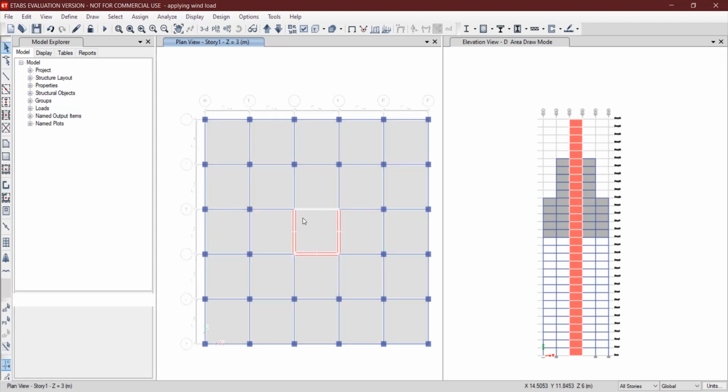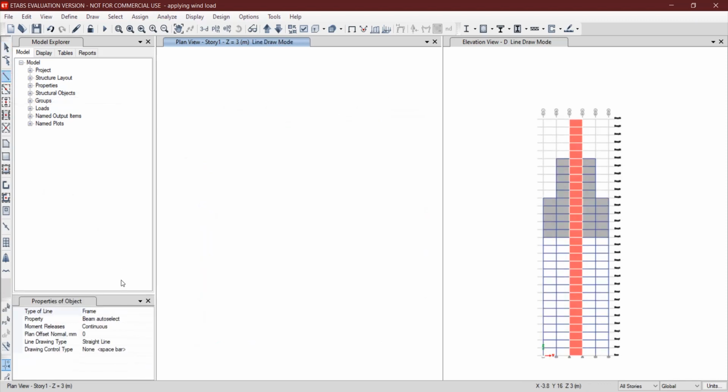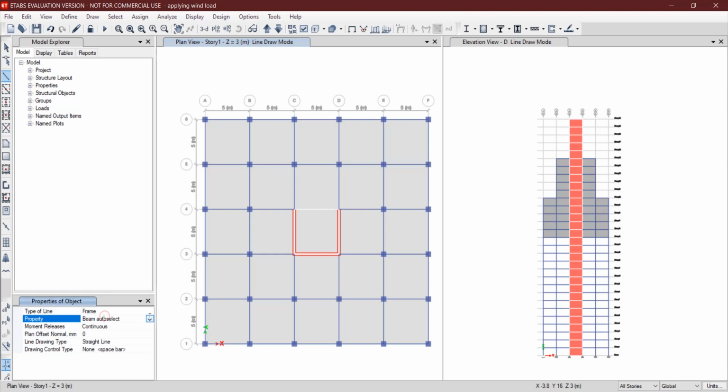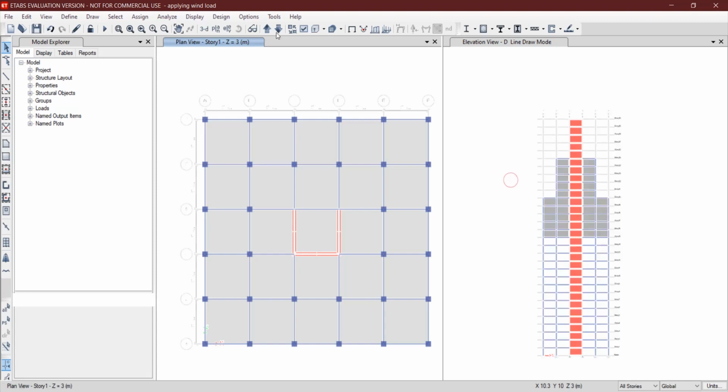Here by mistake the beam was deleted, so I will again draw the beam. Make sure that the property selected is beam auto select list, and from grid I will draw the beam, and thus now the shear wall is defined.